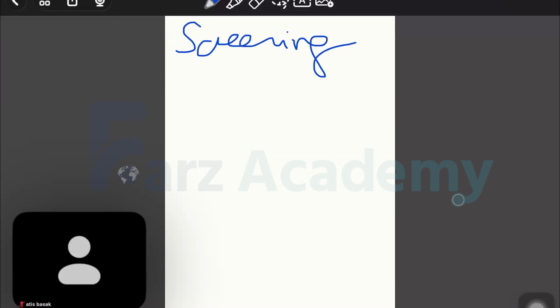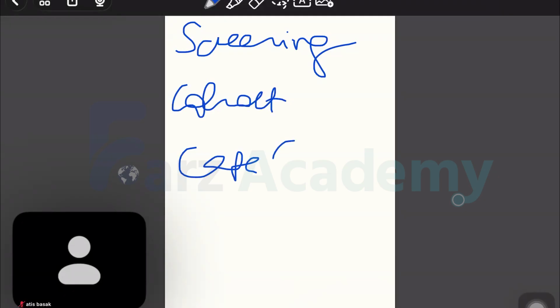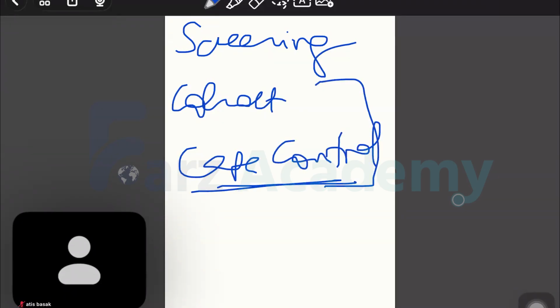Then we saw cohort study. Then there are case control studies to compare with this. Can anybody tell me a few differences? Because we saw 2-3 slides on differences. Yes, one difference. One of you can take over and start. Case control is retrospective, very good, and cohort is prospective. Very good. That's the most important difference. Yes, go ahead.